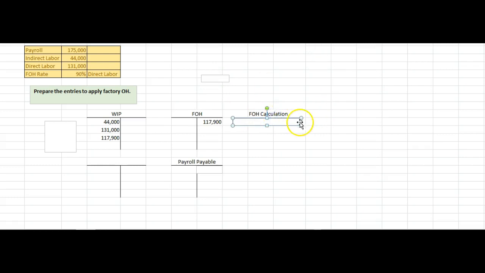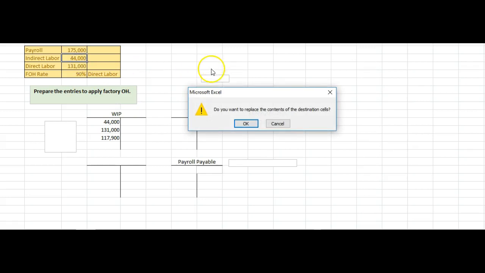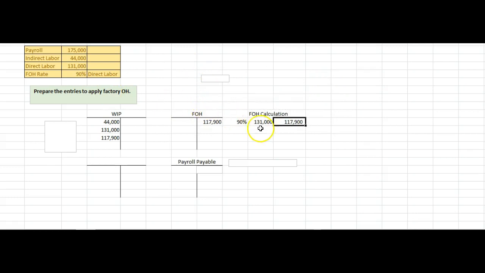We have all this peripheral stuff. So what do we got? It's saying the factory overhead is 90% of direct labor. So direct labor is 131,000. I'm going to multiply that times 90 and come up with 117,000. Now applied, this is applied on this side,